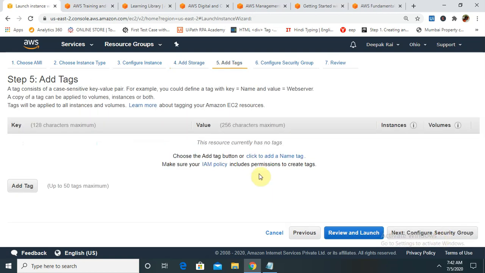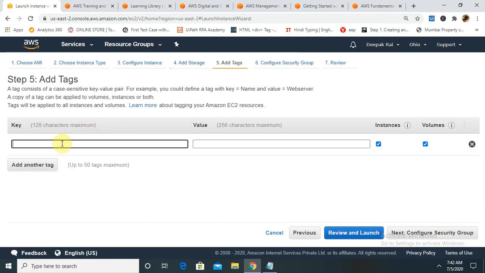Now click on add tags. So we have already provided some details, and the maximum characters per key and value is already defined. A tag consists of a case sensitive key value pair. Just like if you have provided the name and the web server, it's always the same value type.